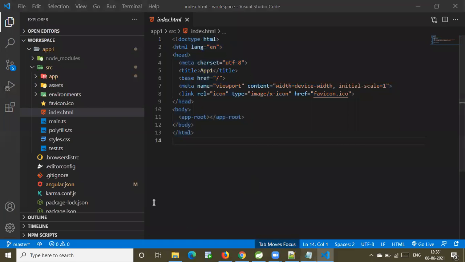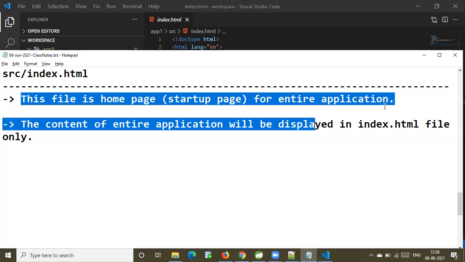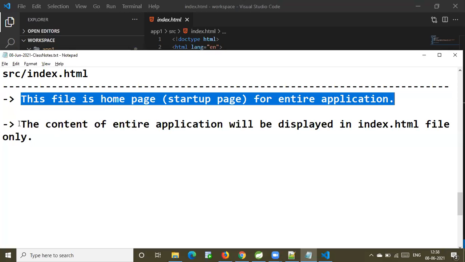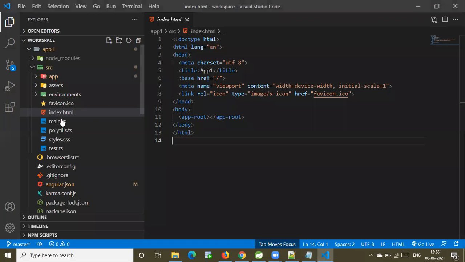Index.html is available inside the src. That's why I'm writing src slash index.html. This file is the home page for the entire application. The content of the entire application will be displayed in the index.html file only. Very good. Next one,